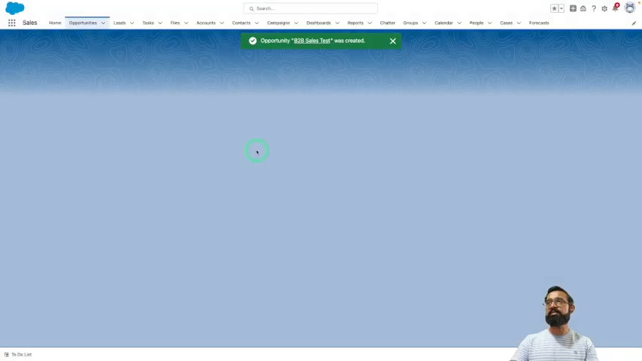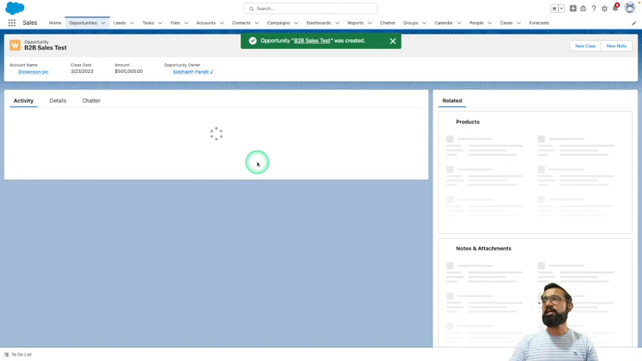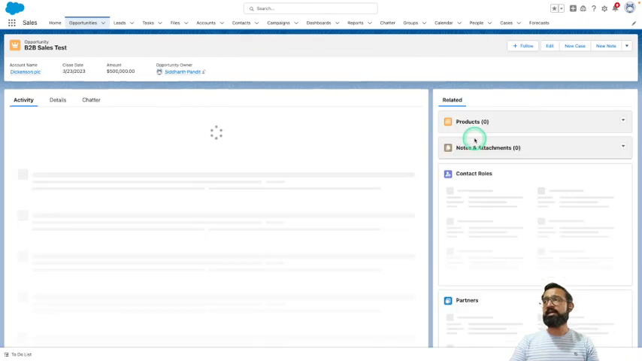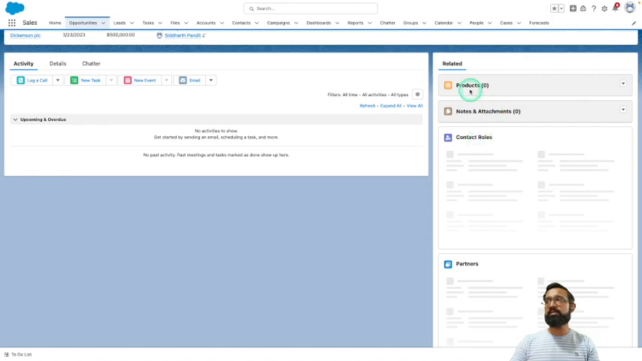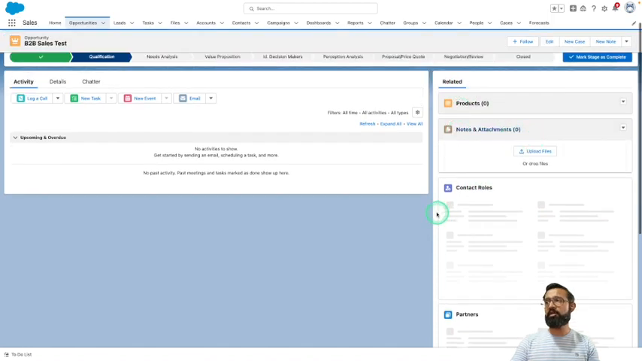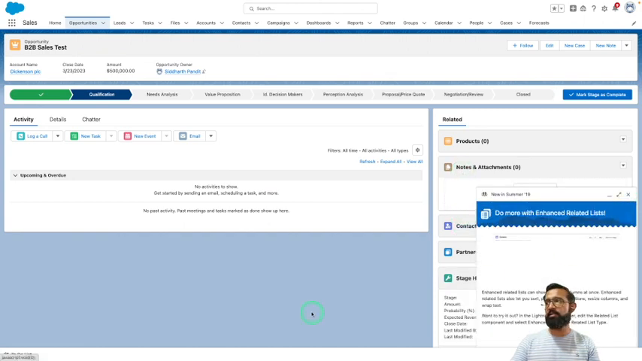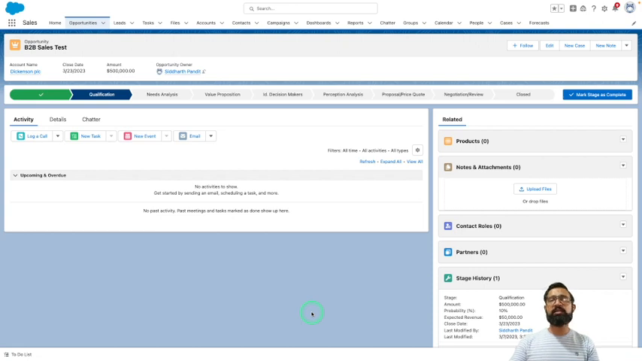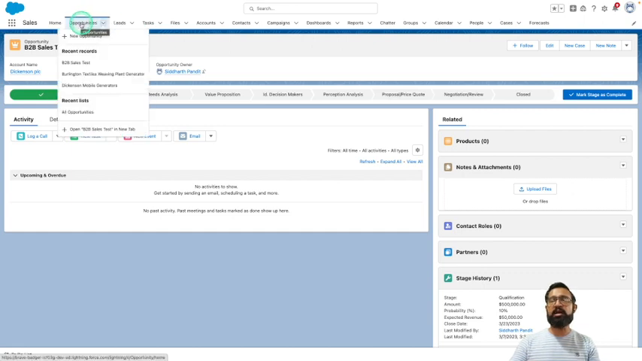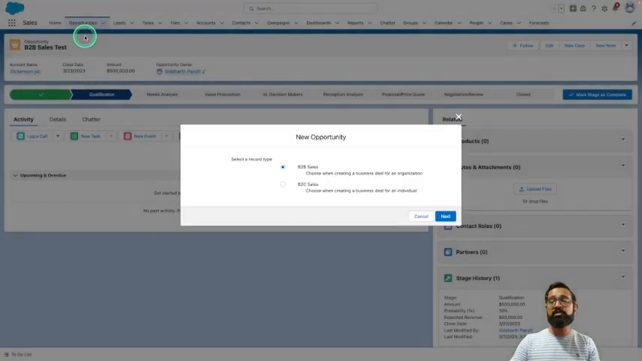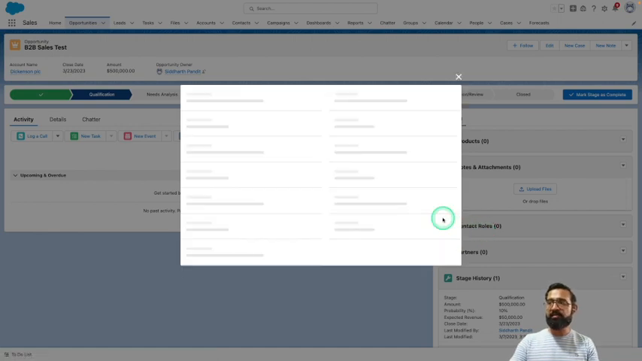After saving it, you notice on the right hand side it displays the related options, like products, notes and attachments, contact roles, all of the related lists are there, right? Now let's try to create a new opportunity for B2C type. So click on the arrow beside the opportunities tab and select new opportunity. Select B2C sales. Next,